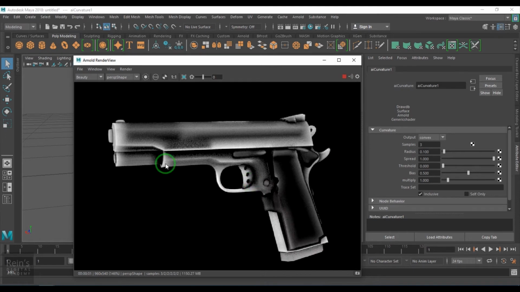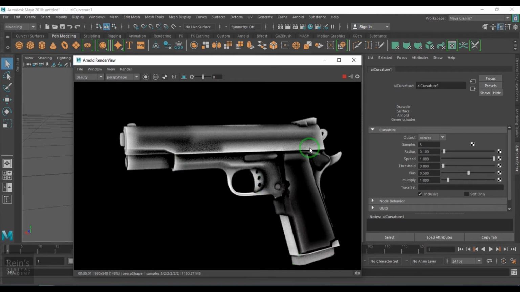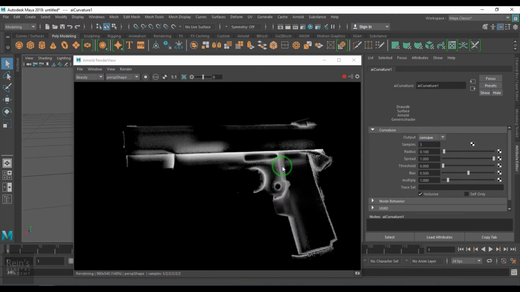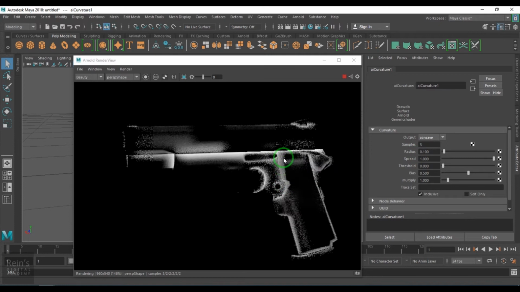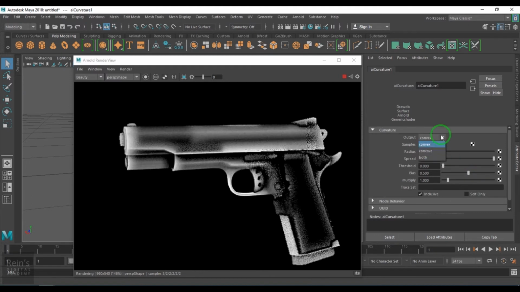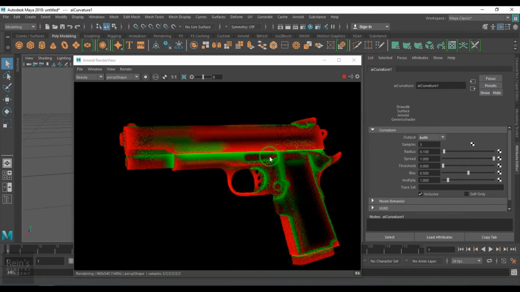Here you see that convex is identifying certain edges and concave is identifying certain edges. Convex is identifying the curvature and concave is identifying the ambient occlusion, so I need not go for the ambient occlusion shader. I can directly choose between them, or if I choose both, I'll get this one, which is very nice.